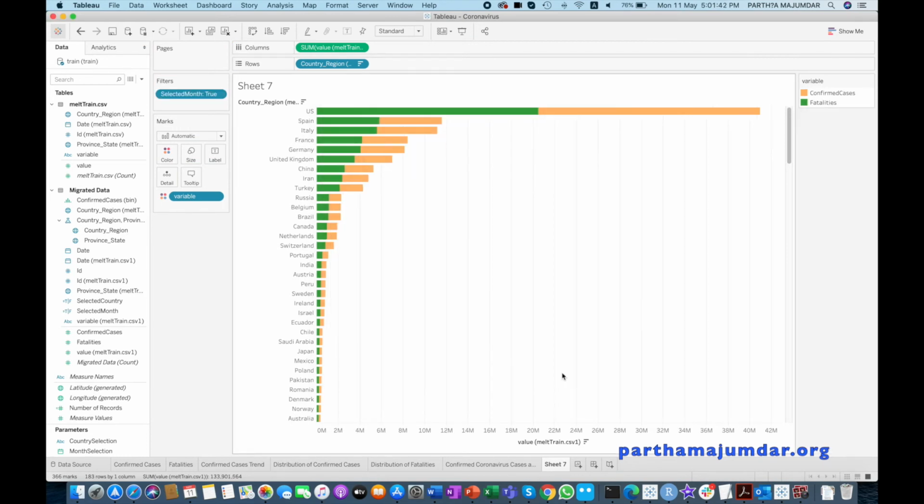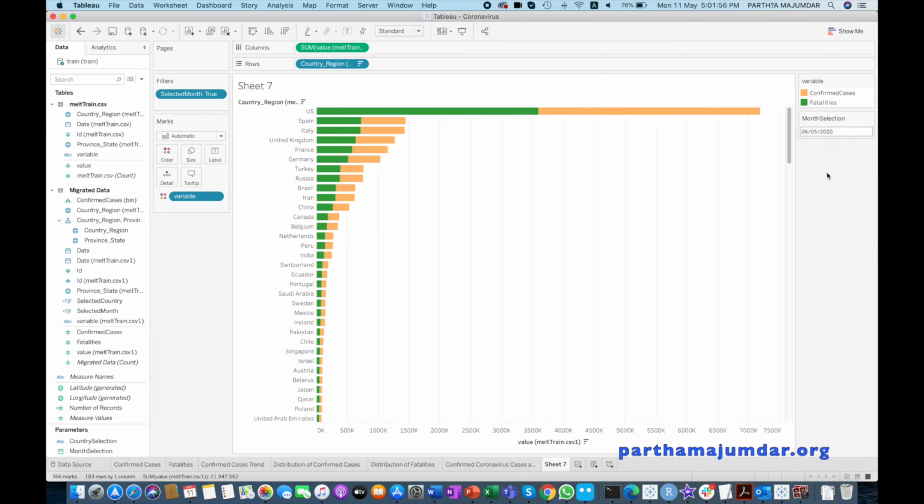I say OK. So now you see it is showing me. I will say show this parameter. So if I change the month, it shows me now the month of May. So I can rename this worksheet now.